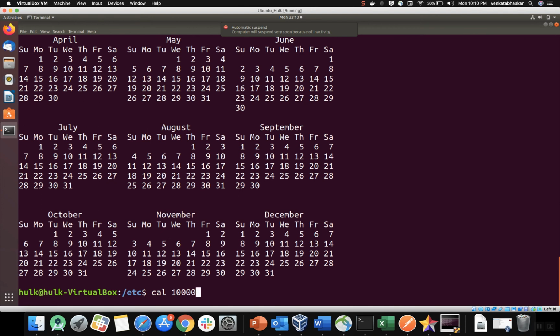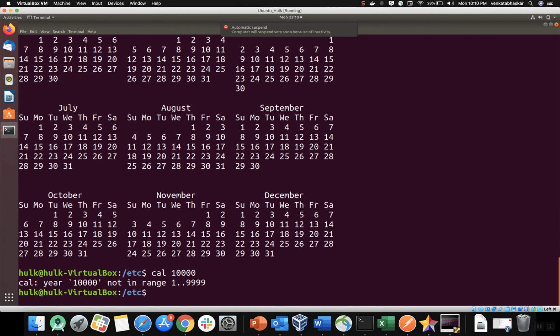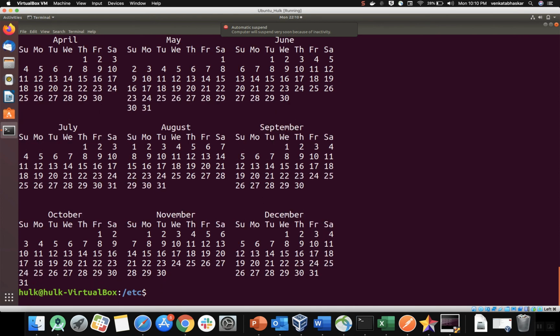If you see here, this cal command supports only year 1 to 9999. Cal 1 2 3 4. See, the cal command in Ubuntu supports only 1 to 9999.